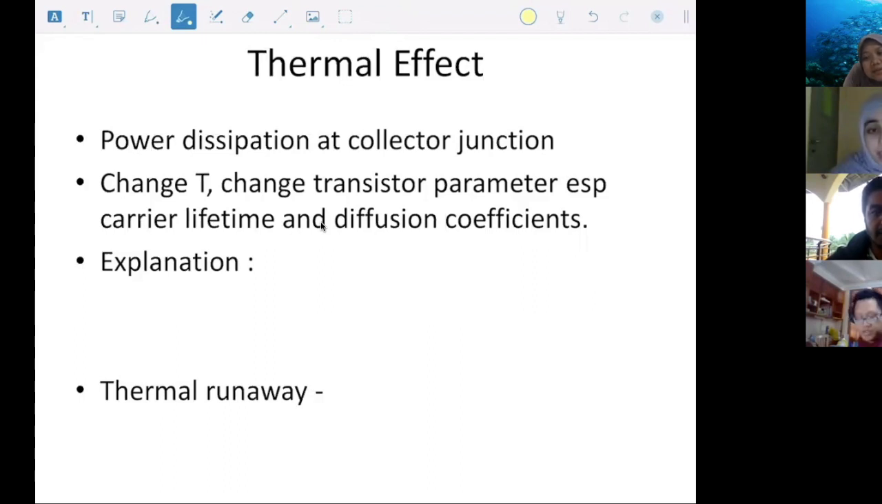Thermal effect, is it the changes of the temperature? Okay, then continue. Thermal effect is,